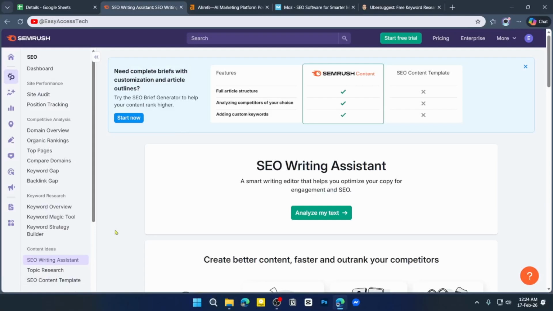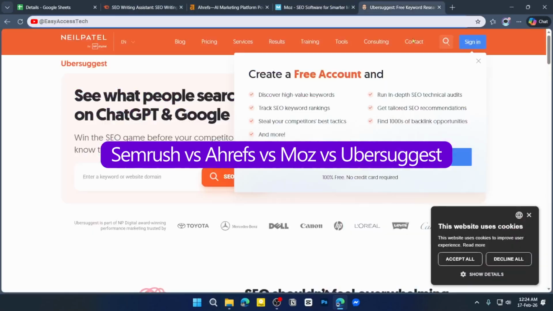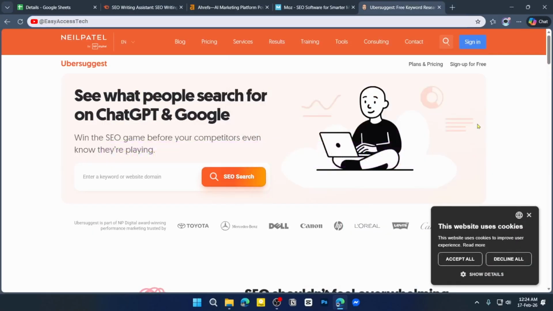If you want your website to get more visitors from Google or other search engines, you need SEO, search engine optimization. But SEO is not easy when done manually. That's why many people use SEO tools to help them find keywords, check competitors, track rankings, and improve their content. Today, we will compare 4 popular SEO tools you might hear about: Semrush, Ahrefs, Moz, and Ubersuggest. I will explain the difference in the simplest way so beginners can easily understand which tool might be best for